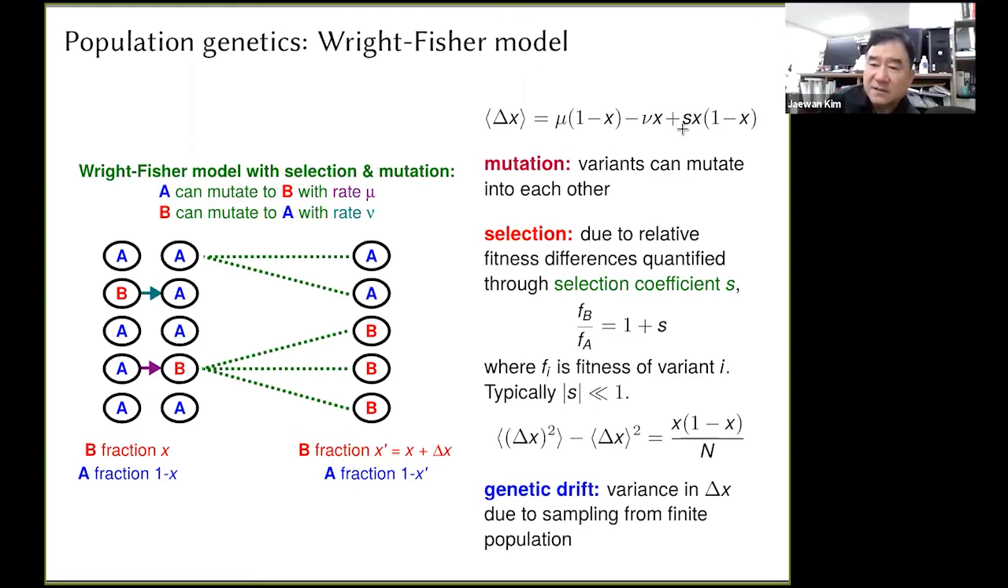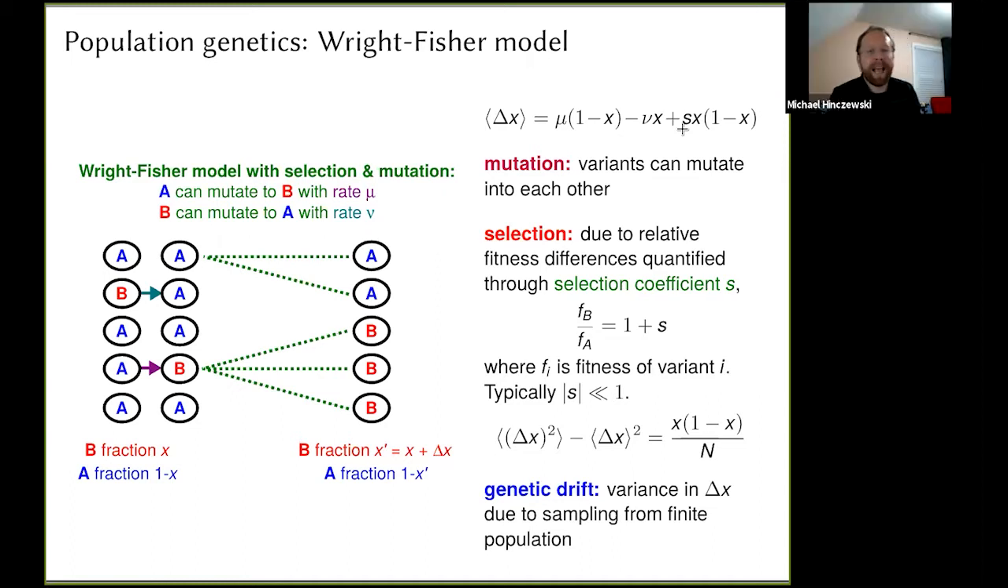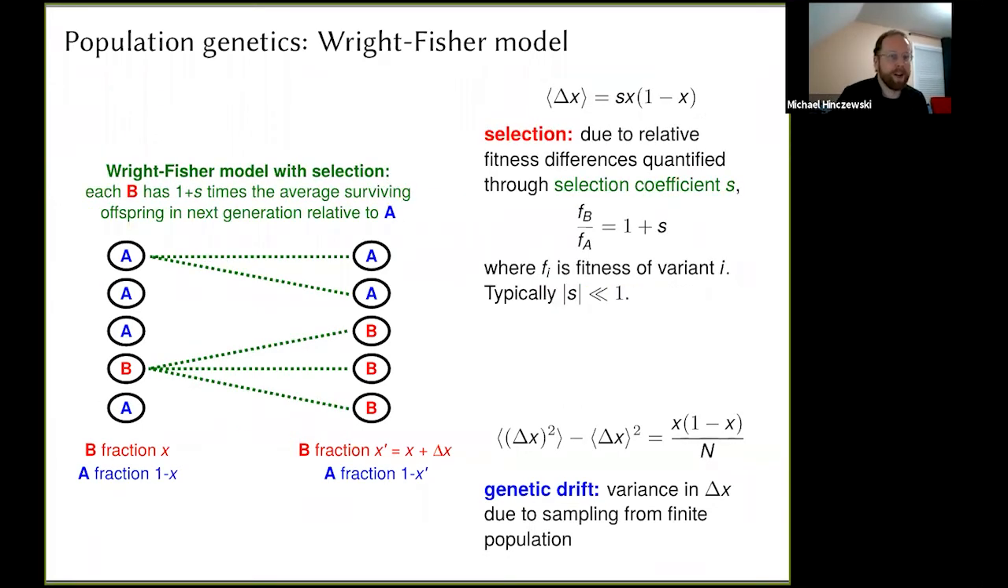And the last term in the delta x average value, that is s times x times parenthesis 1 minus x. That looks exactly like a logistic equation type. Yeah, it does. And you can kind of rationalize it in the following way. Let's say we're just looking at selection, so we don't have any mutation here. If we start entirely in